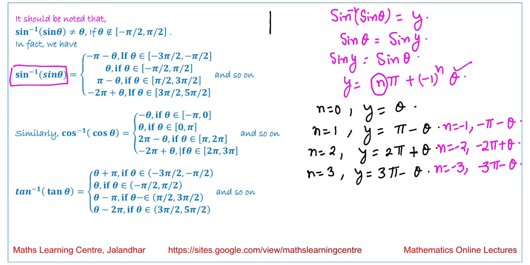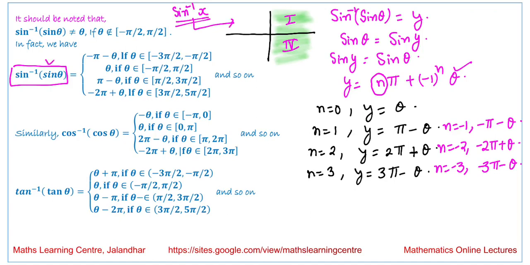We are saying in case of sine, we are talking about the first quadrant and the fourth quadrant. If the value lies in this region, in the first quadrant or the fourth quadrant, we know that the value of sine theta, these are the principal values for sine inverse. The principal region or principal values lie in these regions. It is in the first or the fourth quadrant.